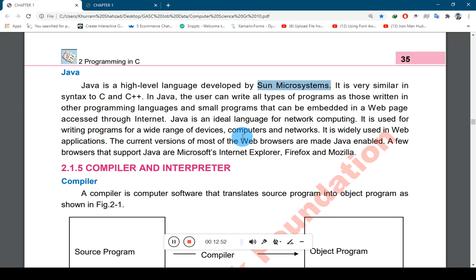So how can we make these languages run in the computer system? For example, if you don't know the English language and you know only Urdu language, the person who understands English language cannot understand you, and you as a native Urdu speaker cannot understand English language. In the same way, a computer can understand only machine language, which is binary language, and you are writing codes in English-like language.